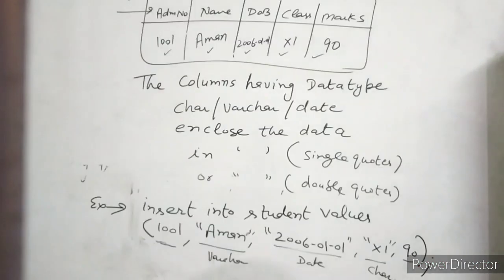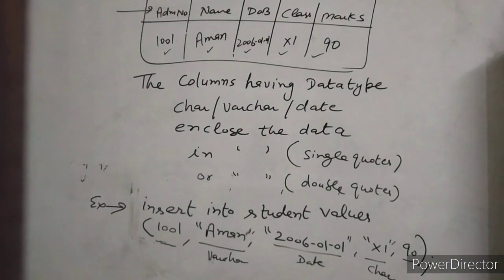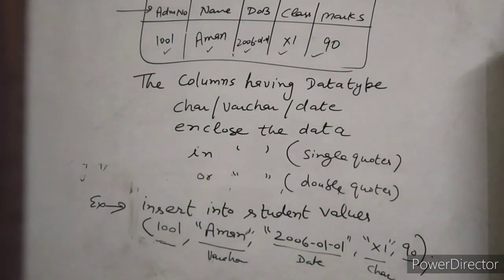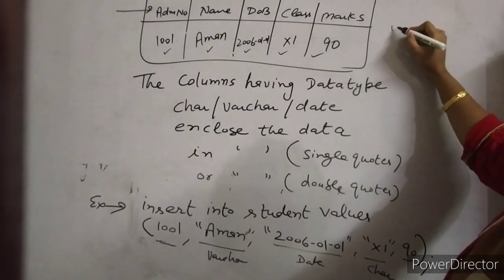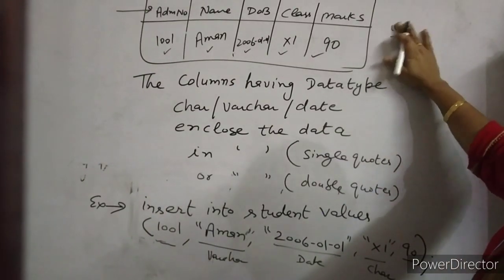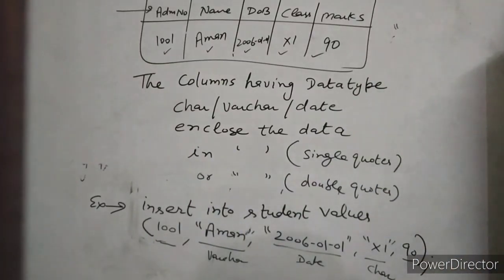Okay. The double quote symbol is on the keyboard, and the single quote is also on the keyboard. You press the double quote using the shift key. Don't type two single quotes together, because that is wrong. You have to type the double quote at once, by pressing the shift key. Clear? Do the practice, then you will be able to understand more.